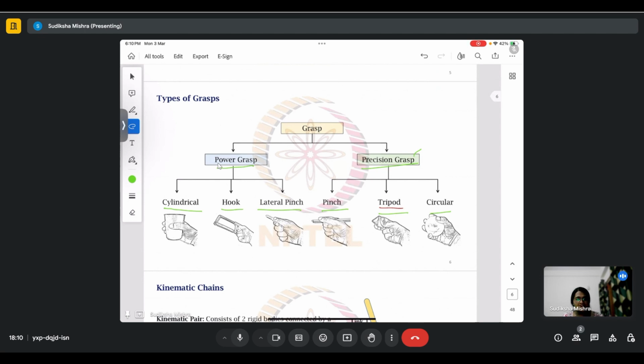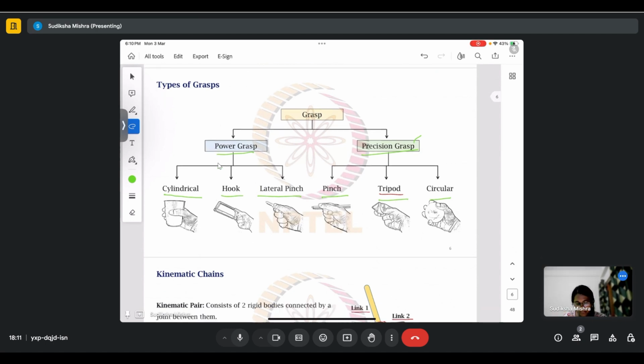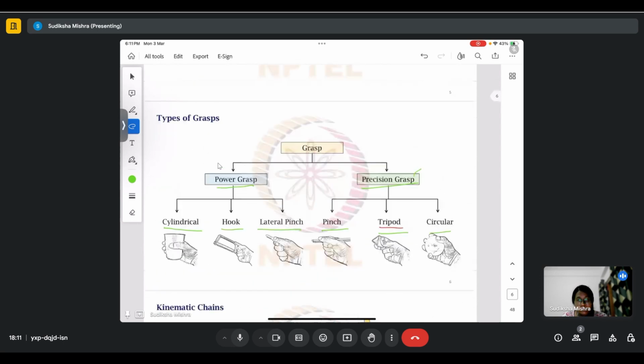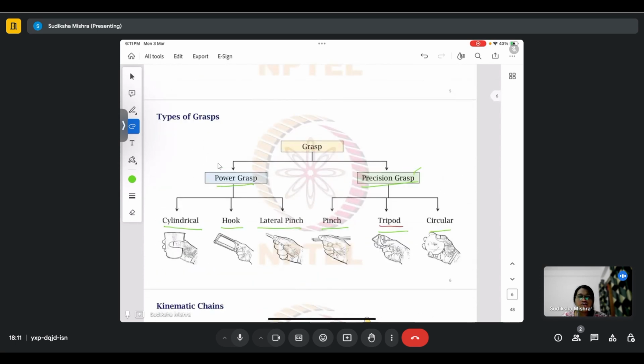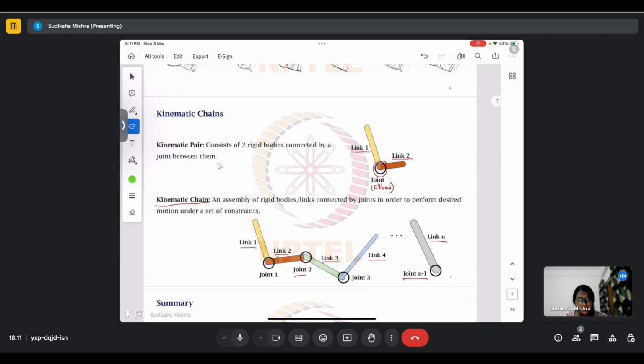Pinch type of precision grasp is usually employed when you are holding onto a pen, whereas tripod is usually employed when you are using three of your fingers, suppose you are holding onto a conical thing or a pyramidal thing. Circular precision grasp usually is employed when you're holding on to a ball or some other spherical object. Now, these were the types of grasps, and depending on which kind of grasp it is, the analysis was going to be different. Next, coming to kinematic chains,